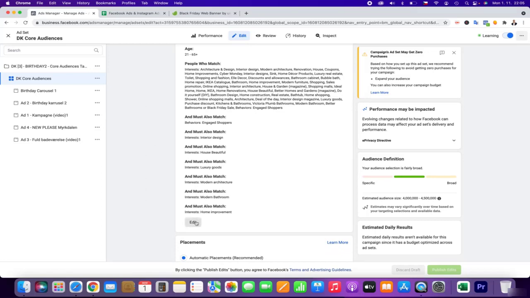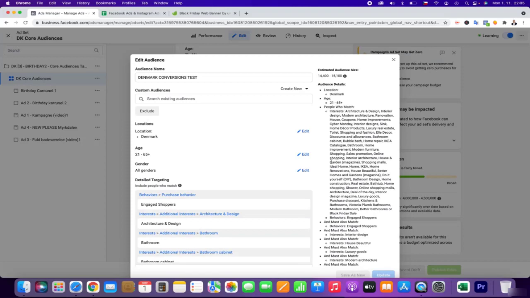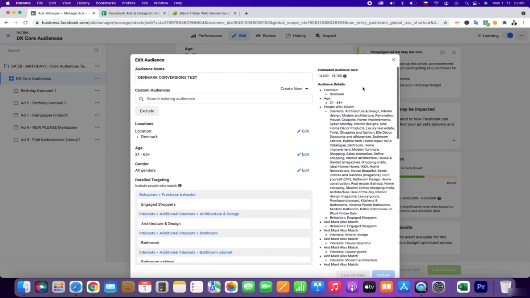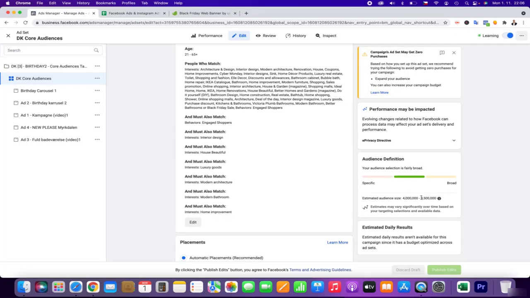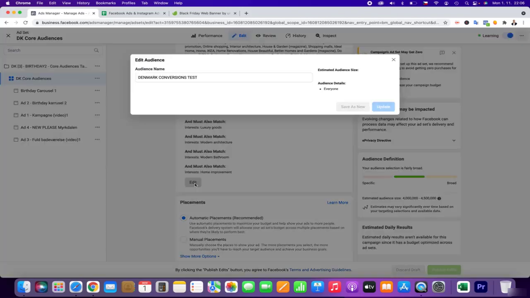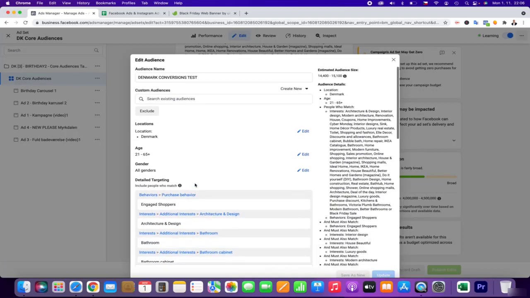What's also important is to really check the numbers when you build up the audience, because you can see my audience is around 15,000 people. So not always what you can see is correct here. I honestly don't know why. It's a new function that Facebook is developing. The interface is always changing a little bit, so it's always good to check what numbers you can actually see when editing and building the audience.